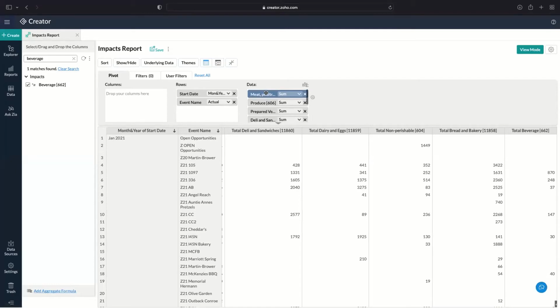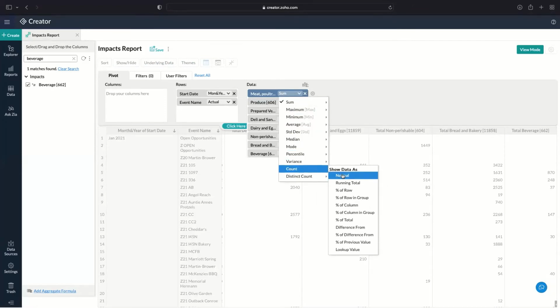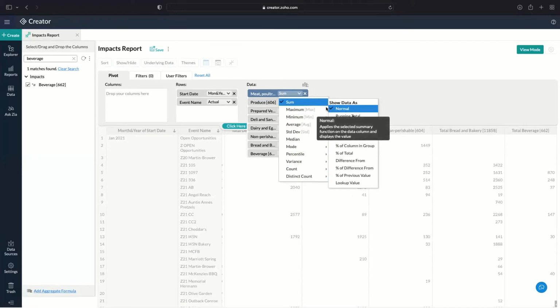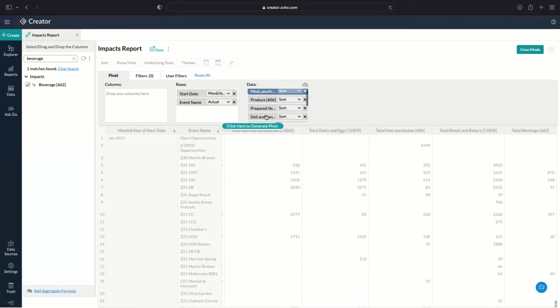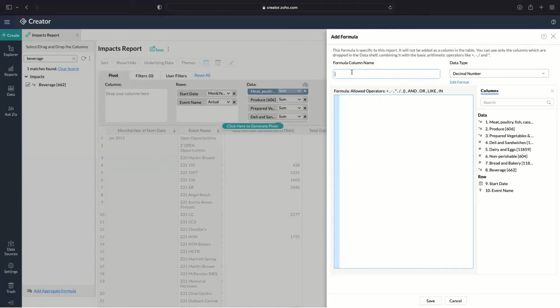Okay, so now we can go ahead and build out the rest of our impacts report. One thing we want to do is we have this set to count. We want to go ahead and change that back to a sum. So let's go ahead and add the rest of our function columns. So the first one we're going to need is household goods. And this is the sum of,